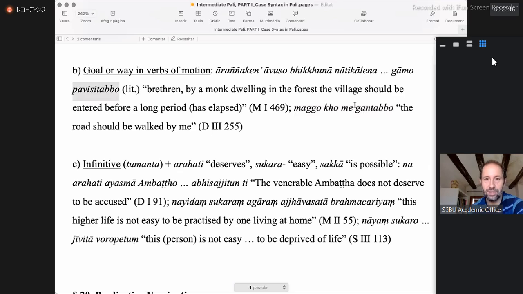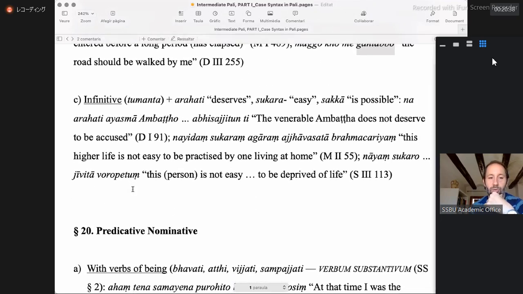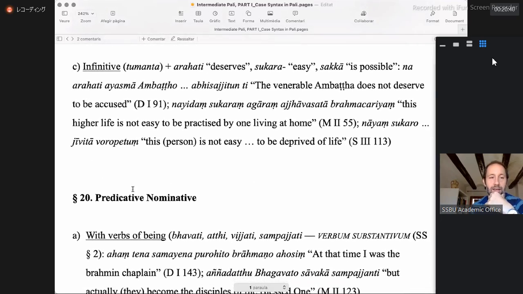See that these two examples are done with the future passive participle. But gamo gato in principle should also be accepted. The village is gone to. The village is gone to. He translates it as 'should be entered.' So pavisitabba. Anyway, now we have another example of